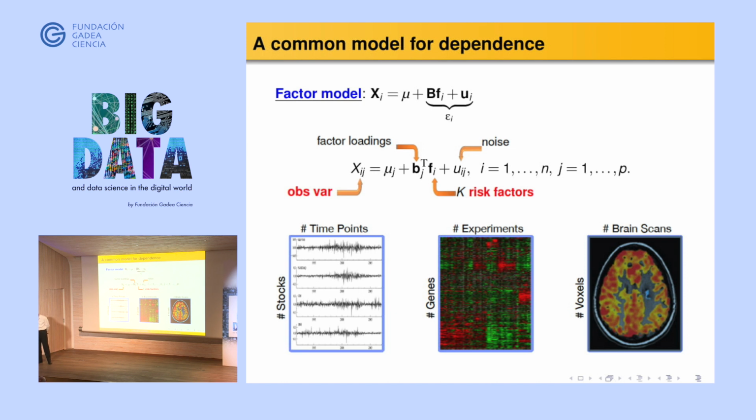And this kind of application is no monopoly of time series, right? In this case, there could be 131 time series. So the T index is the time, and then this index could be, let's say, 500 stocks, and so on. J could also index the number of genes, 20,000 genes, and I could index the number of experiments. And the same with fMRI, which Monse was talking about yesterday. It could be voxels, and I could index the number of brains. So certainly this factor model is a commonly used model to adjust for dependence.